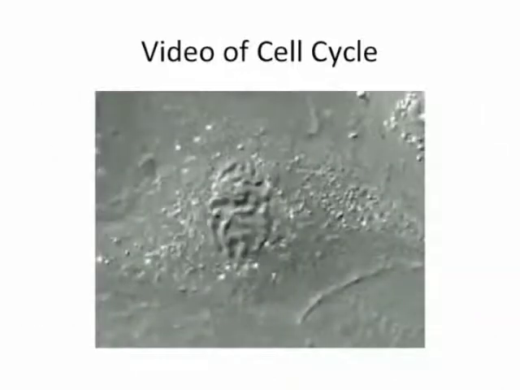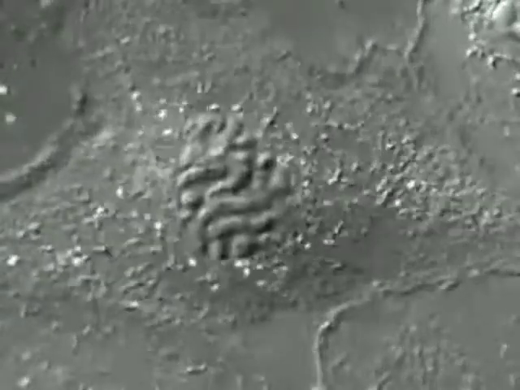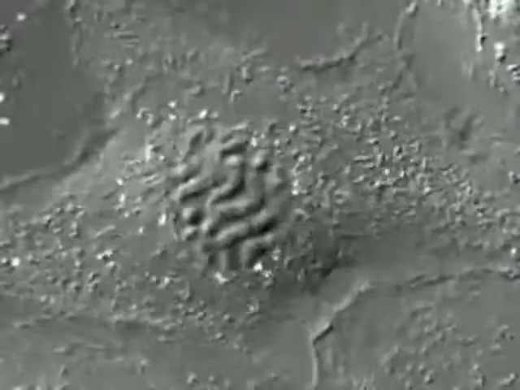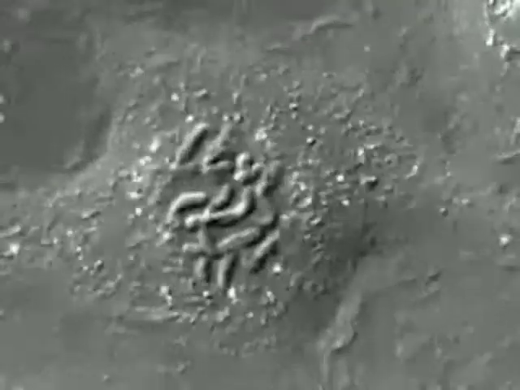So I want to show you a video. This is a video taken with a light microscope of a cell dividing, and it's pretty awesome that they could get a video of this. So this is kind of early prophase. You can see the chromosomes are condensing, and they're going to spend a lot of time interacting with that mitotic spindle to pull them into metaphase. So this is still prophase, but it's verging on metaphase, and you'll see as soon as they line up, they're going to separate. So chromosomes are getting closer and closer to the center. They're going to be lined up soon. As soon as they line up,